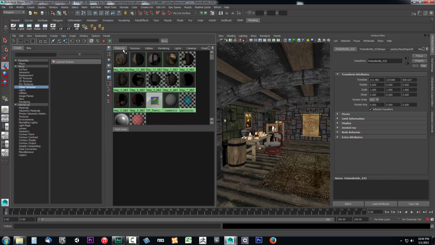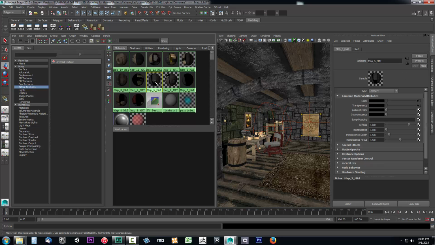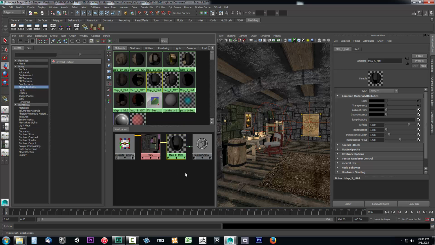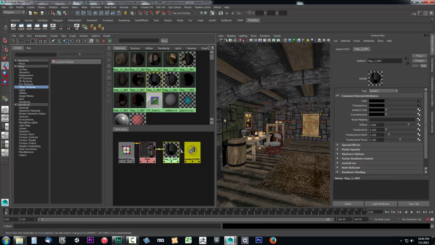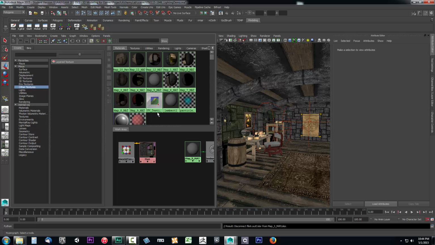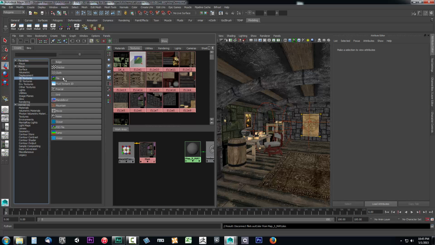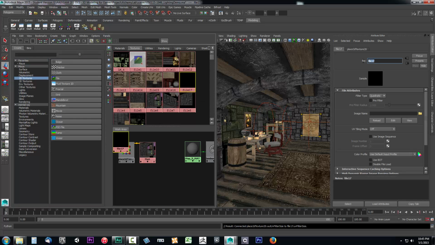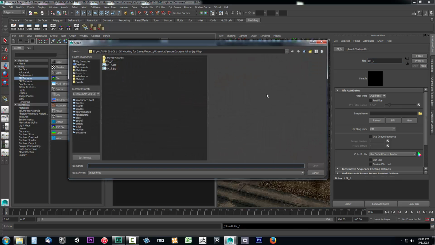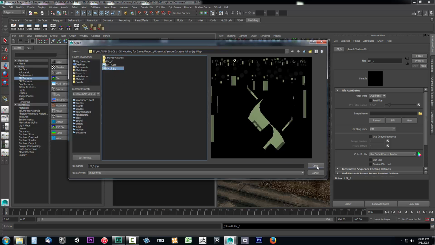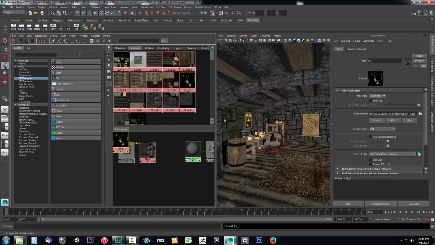And we'll find material 5. And I just want our map 5 matte. I'll go ahead and pull out the inputs and outputs for that one, scale out a bit, give us some room, delete the connection, and we got to add that light map file. So I'll come up here, go to 2D textures, select file, gives me a new file. I'll just change this name to lightmap_5. So that's my lightmap 5, and I will select that lightmap. And this should automatically go to your lightmap folder if it's the last thing you did. So go ahead and select lightmap 5. There we go, that's taken care of, and I can just drag this over here,